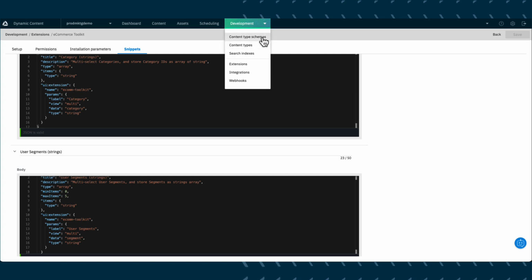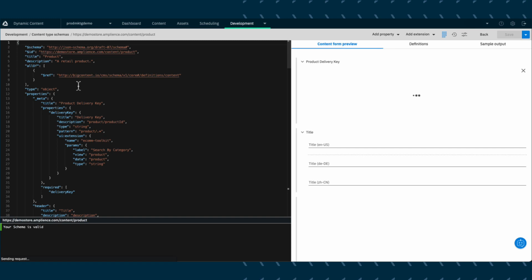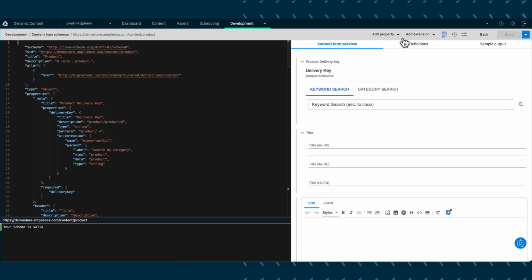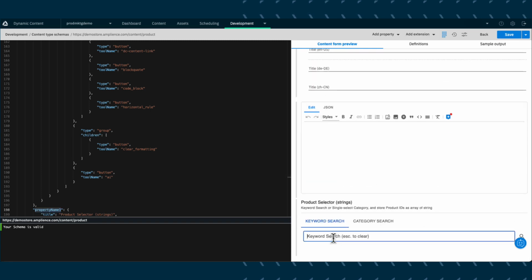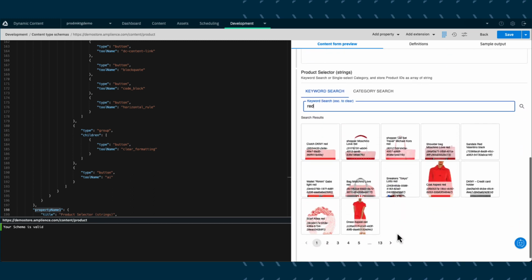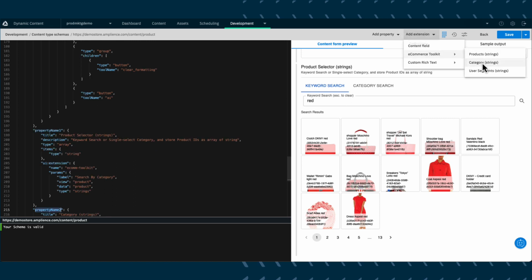Now let's check out the extension we built. Under the Development tab, I'm going to pull this extension into one of my existing content schemas. Let's choose Product. And you'll see here to add an extension. There's our eComm Toolkit. Let's add the product selector, and there it is. All the products in your commerce platform can easily be searched and pulled in right from the content UI in Amplience. Let's add categories,